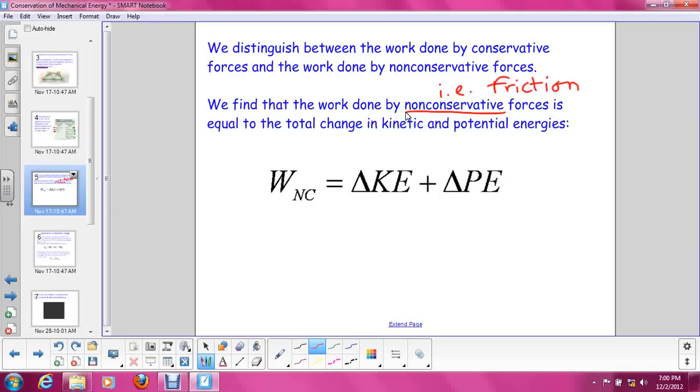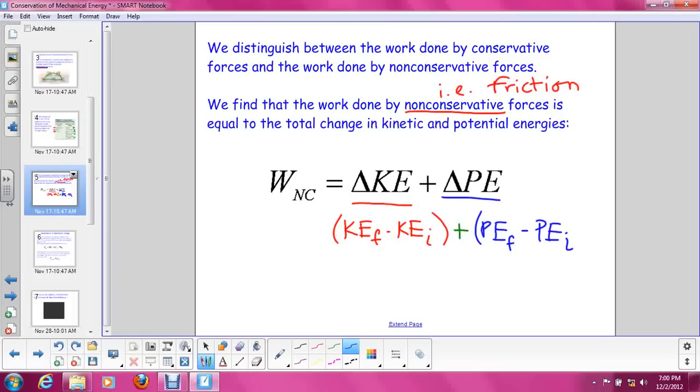So if we take the kinetic energy of an object before and after and find the difference, we have final minus initial, and we add that to the amount of potential energy in the beginning and the end. Whatever is left here is the work done by non-conservative forces. So take the change in kinetic energy, add the change in potential energy, and that will tell you how much work a person does pushing or pulling, or how much work does from tension in a cord, like a string, or friction or air resistance.